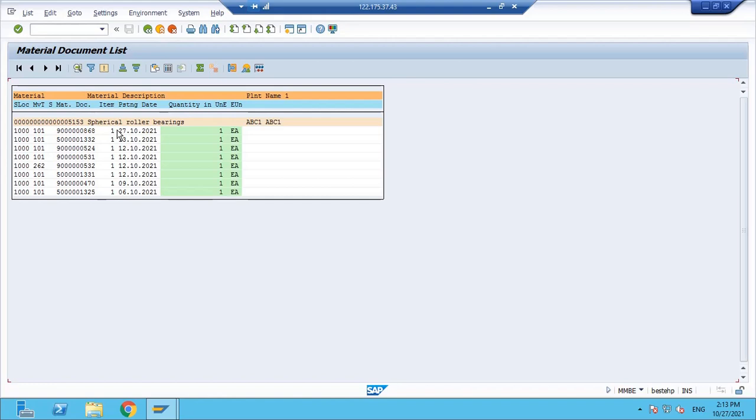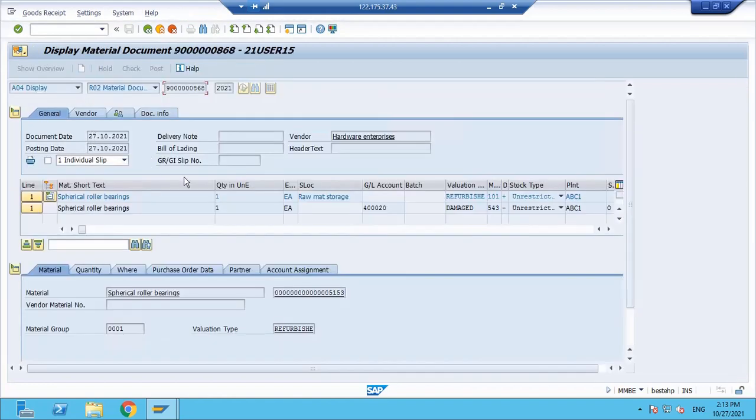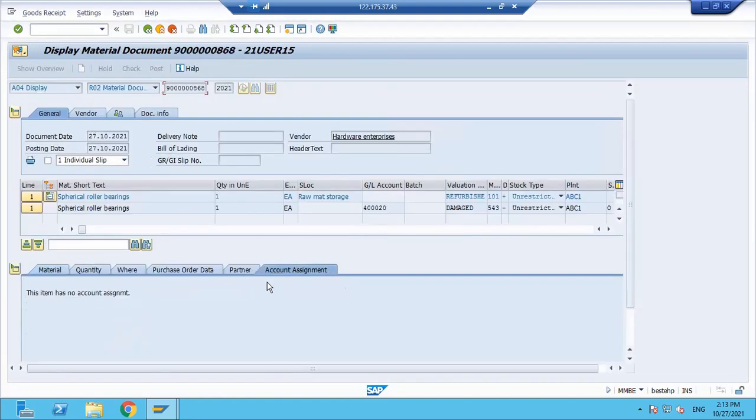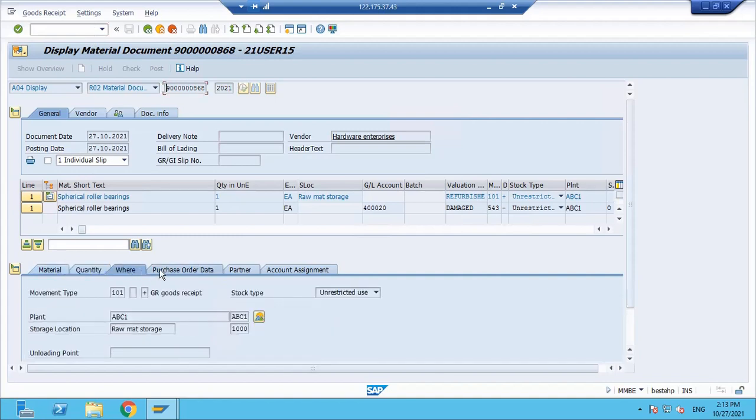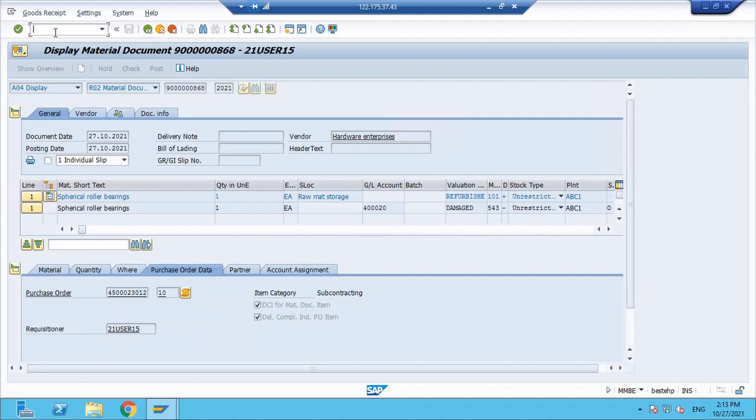So today is the 27th. So this is the document type for the purchase order we just created. Sorry, for this purchase order, the refurbishment has been carried out. Okay, this is how we will do the external refurbishment of a damaged material without any order reference, starting from the creation of a purchase requisition.